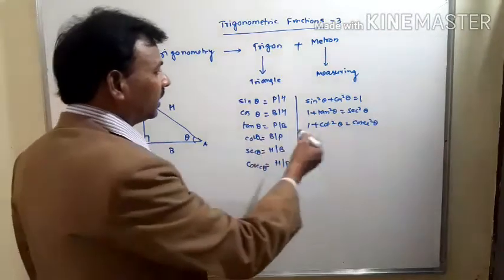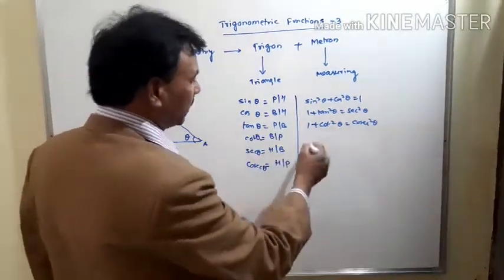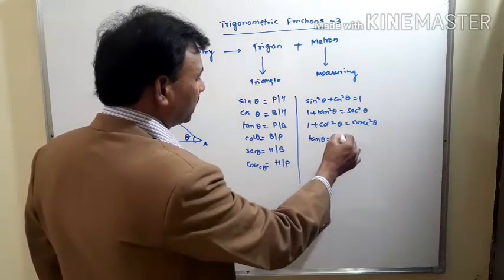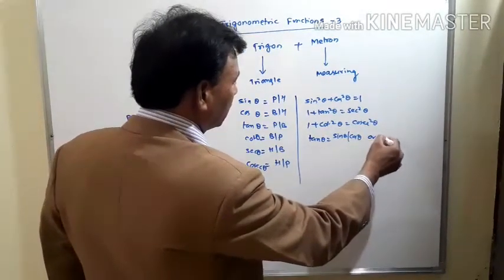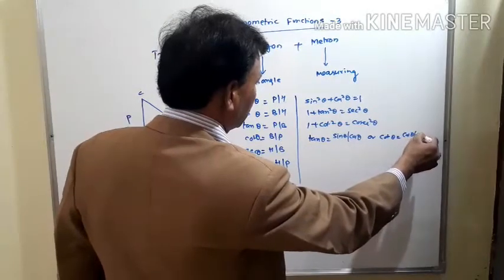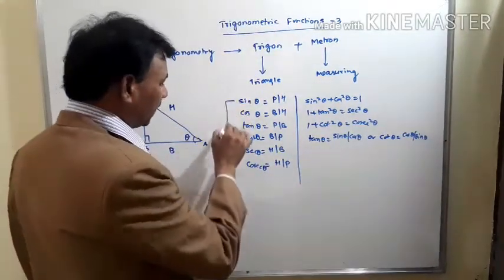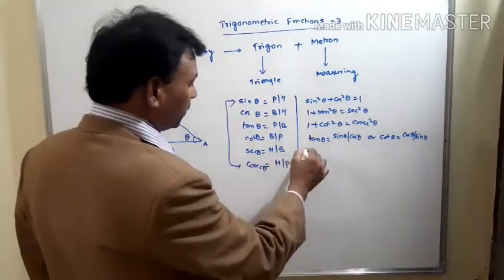Some other identities we studied in class 10 are tan theta equals sin theta upon cos theta, or cot theta equals cos theta upon sin theta. Since sin theta and cosec theta are reciprocals of each other, therefore we can write